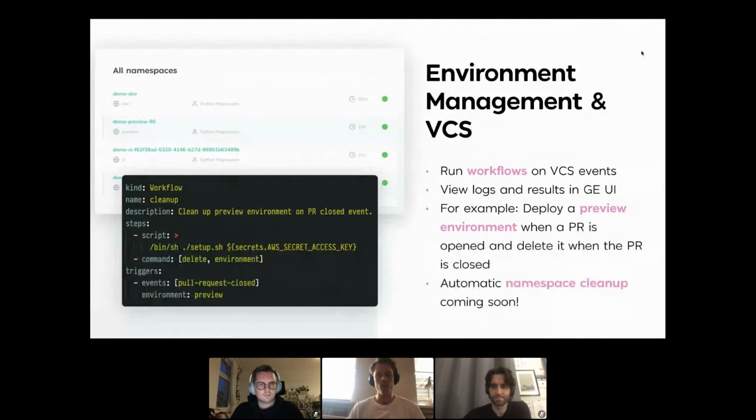And it also does environment management and, like I mentioned, integrates with your VCS system. So it runs workflows on VCS events, and you can view the logs and results in the Garden Enterprise UI. You can see an example of a workflow here to the left in the Garden YAML screenshot. The name of the workflow is cleanup. And you can see in the trigger section, when you close a pull request, Garden Enterprise will respond to that event and run this particular workflow in